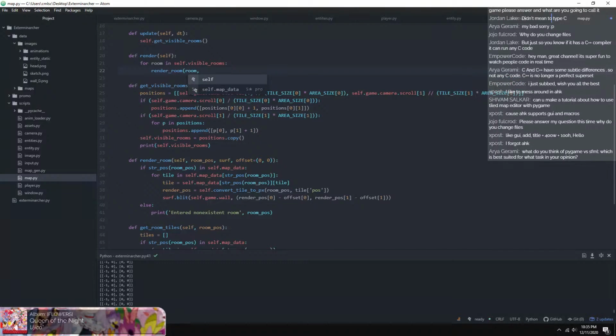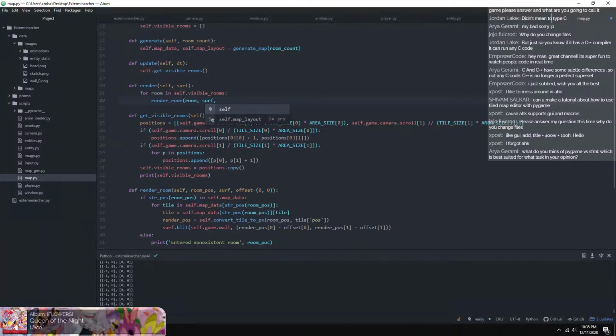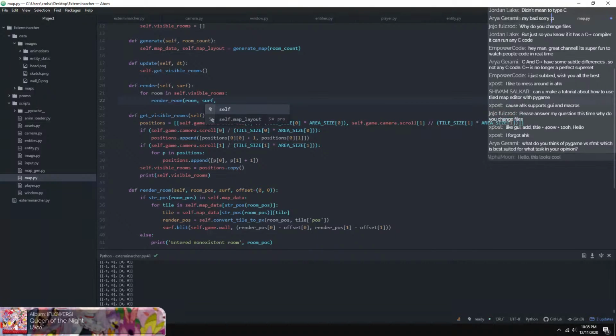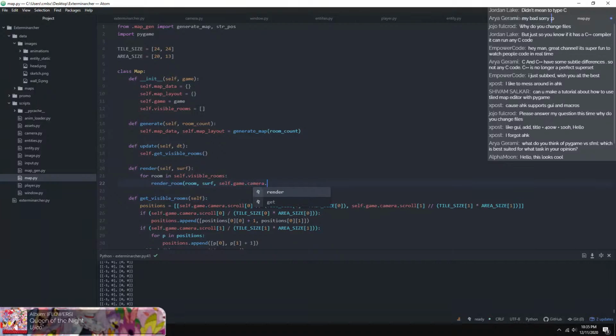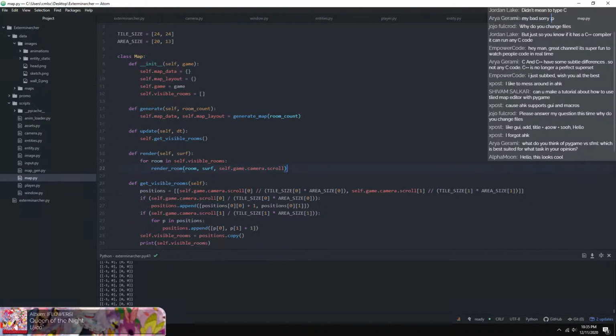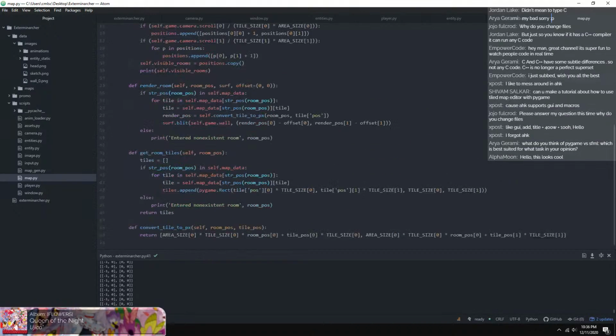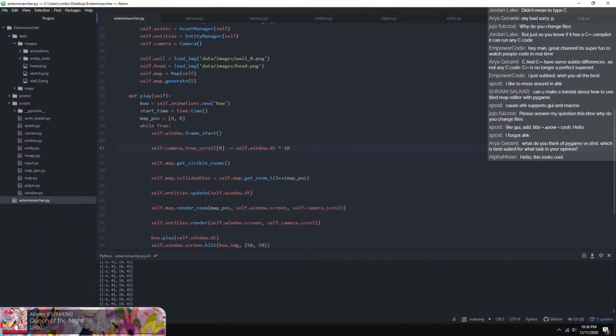And the surface I'm rendering to, oh, I need the surface. So let's just surf. And then offset is going to be from the camera. So self.game. This has access to game, right? Yeah, camera.scroll. That should do it. So now if I go over here,